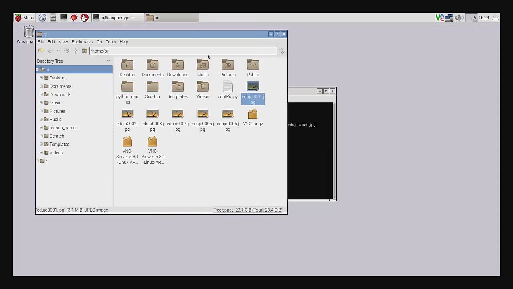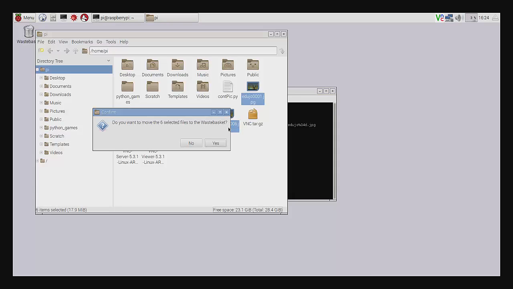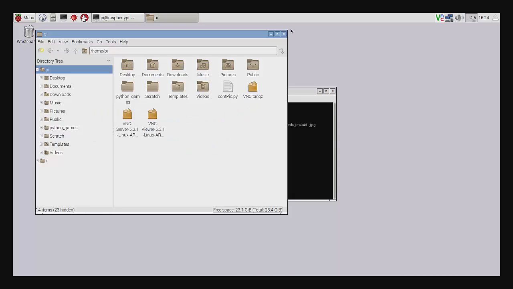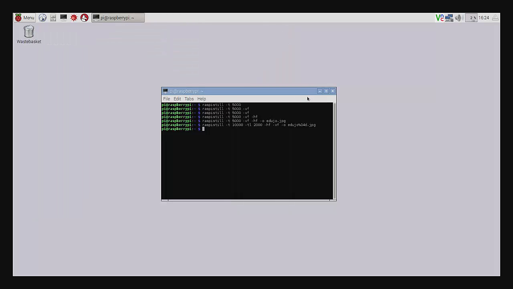So that is what you can do with a time-lapse function. So let me just, I'm going to delete that. Anyway, I'm just going to press delete. Yep, I want to delete that. I'm going to close that. So there are the features that I showed you in terms of taking a still image with your Raspberry Pi